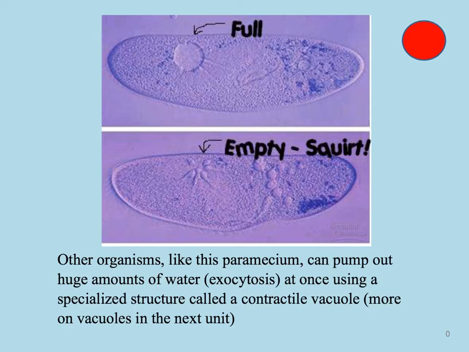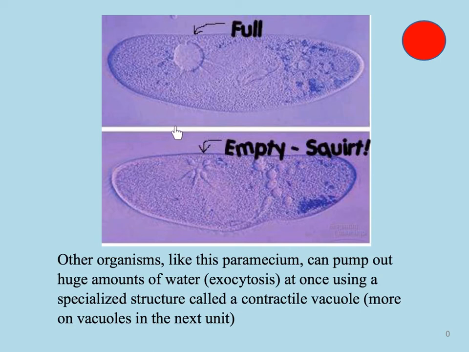Contractile vacuoles. So what that is, a vacuole is basically a storage device inside the cell that allows for storage of water, food, waste, and things like that. So a contractile vacuole is a vacuole that has the ability to contract. When it is full of liquid, and if this was a cell that wanted to move, it would squeeze the little contractile vacuole and expel the water out this way,